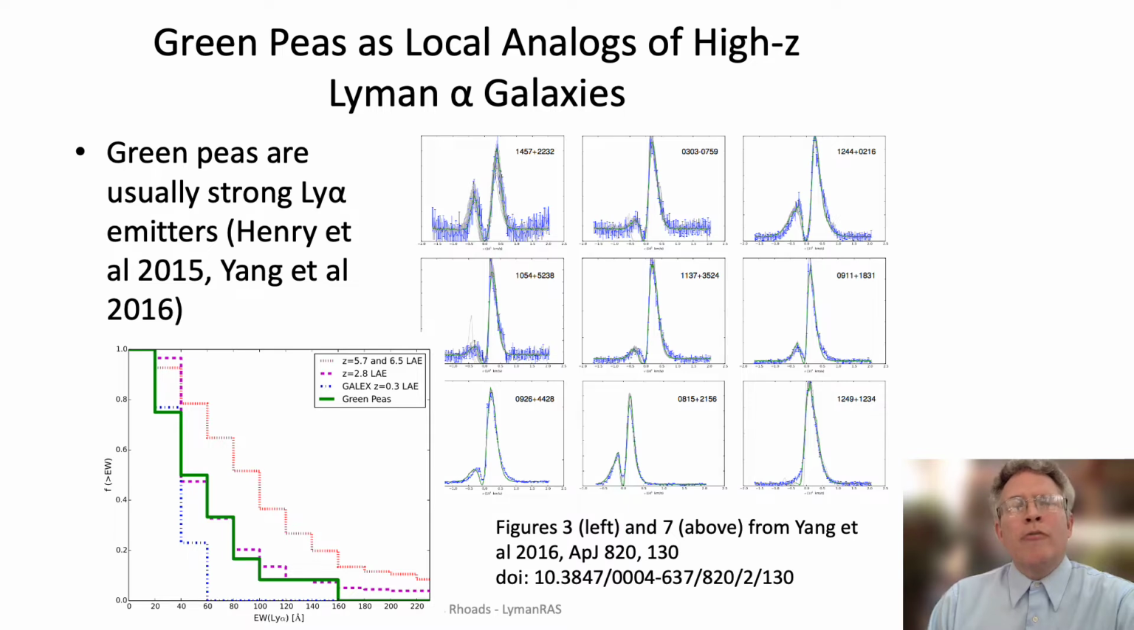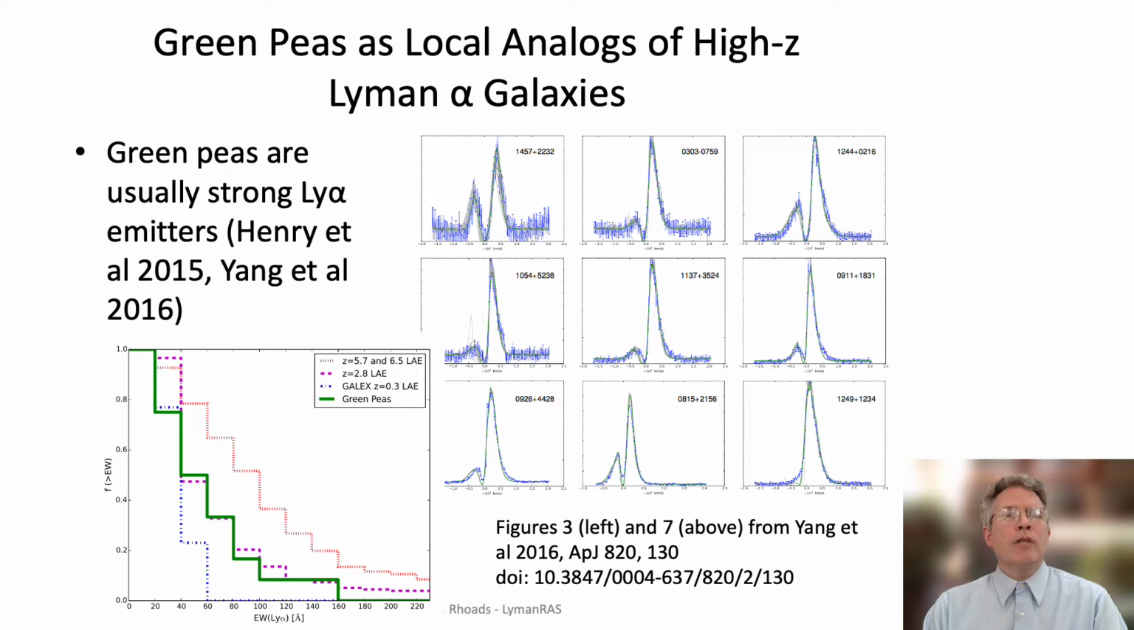One thing I really love about the green peas is how you can see all this detail. You see the red peak in the Lyman alpha line, but also the blue peak, which is usually lost to IGM transmission for the high redshift sources. Now, green peas are really useful as analogs of the high redshift Lyman alpha population,